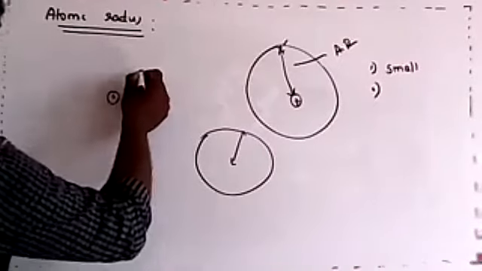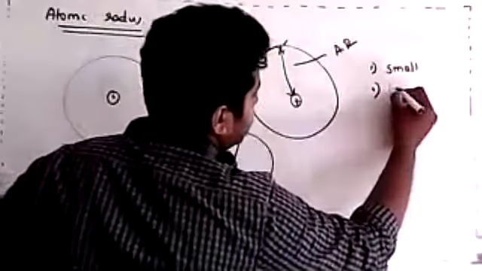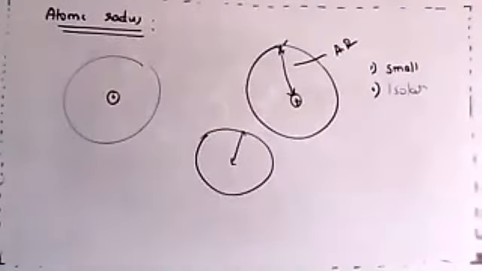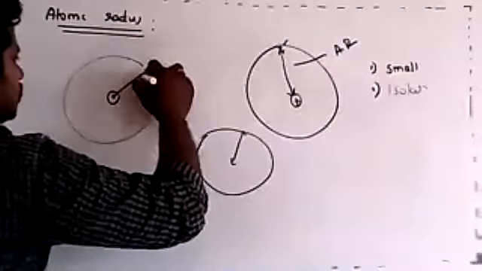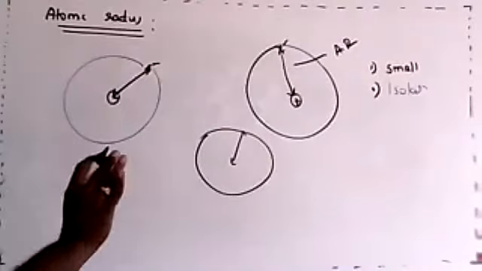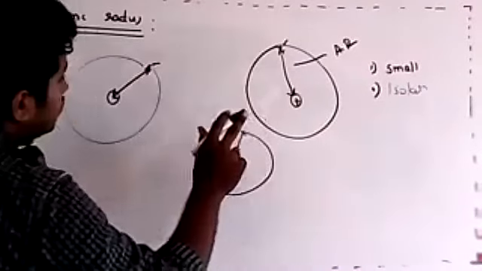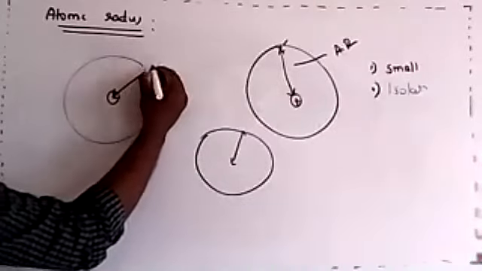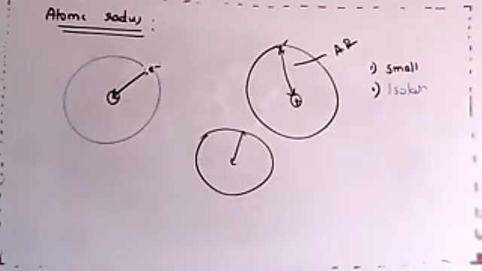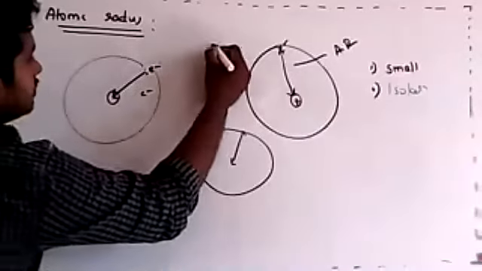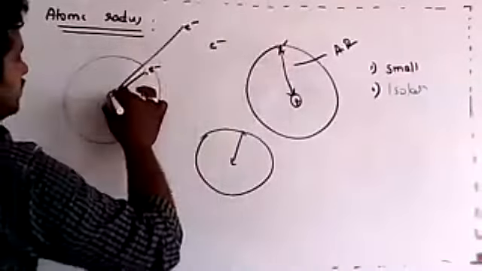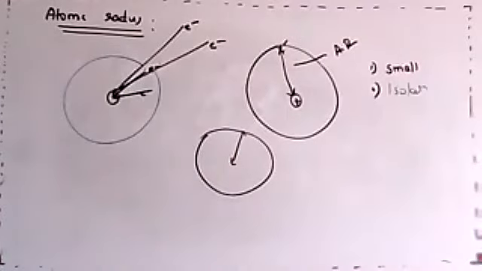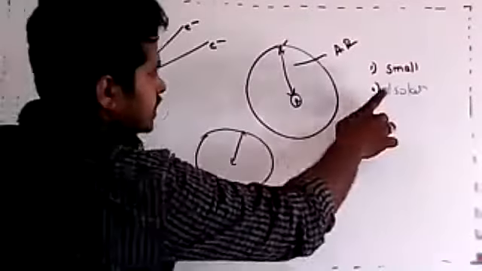Second thing is, it cannot be isolated. Isolation is not possible. And the third thing I want to tell here is, yes Shilpa, they don't have a fixed position of electrons. If I tell you to measure the distance between these two, even if you use some technique, there is a big problem. The electron's position is never fixed. Sometimes while measuring, the electron might be here, sometimes here, sometimes here. So you can get a different value every time. Because of all these reasons, it is not that easy to find the atomic radius. It is very small.